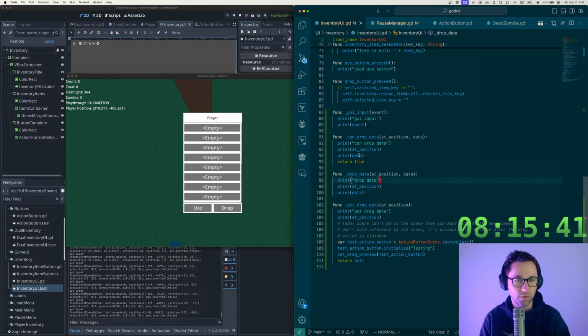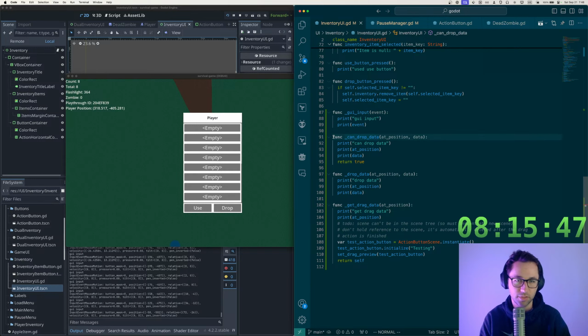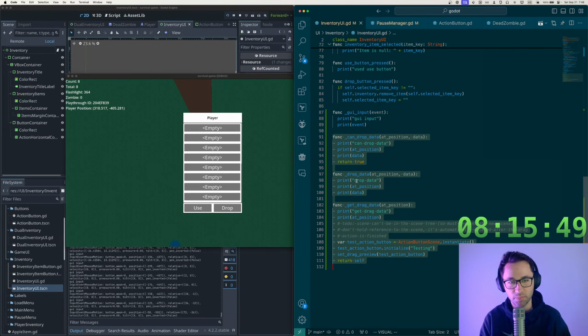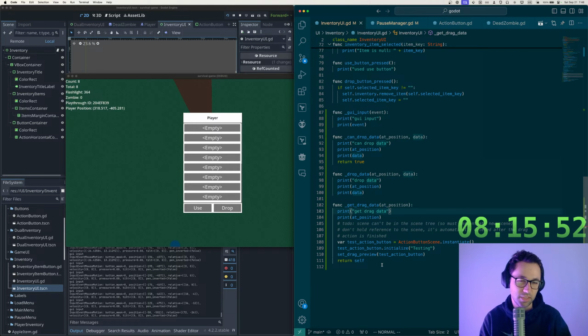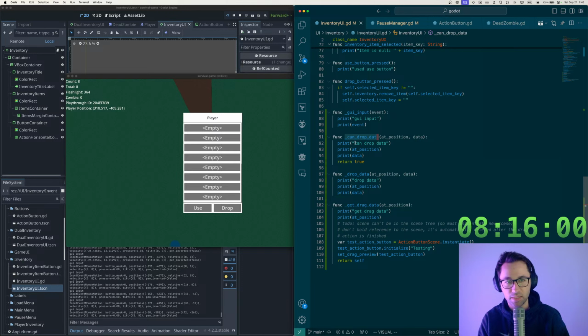I was working on kind of these 4 functions here. I don't think GUI input's actually going to be necessary, but in particular, these 3 functions: can drop data, drop data, and get drag data. These seem to be the 3 main functions related to drag and drop. And you implement each of these for a different reason. Can drop data basically says, can you